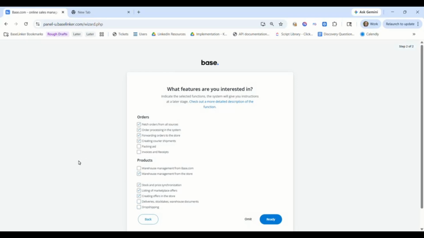What features are you interested in? This section is just to select or unselect features that you might be interested in Base, you might want a tutorial for. If you select this, a tutorial will pop up once you get to that step in Base, which is kind of nice. There are other ways to access the tutorials as well, which I will briefly show in just a moment, and I will also have another video coming out showing you how to access support while you are using Base. Once you're done, you hit ready, or you can hit omit to skip,